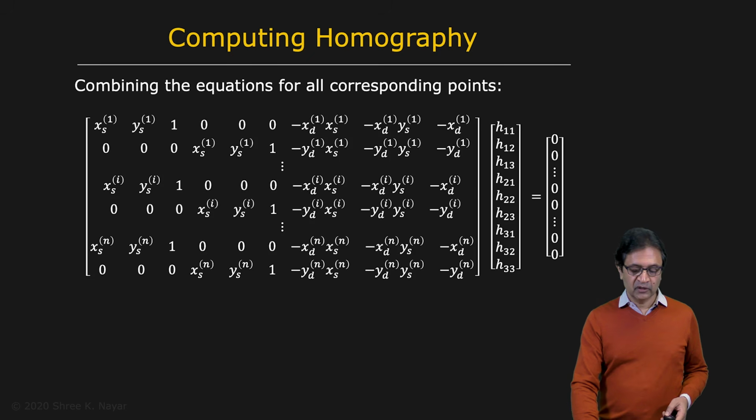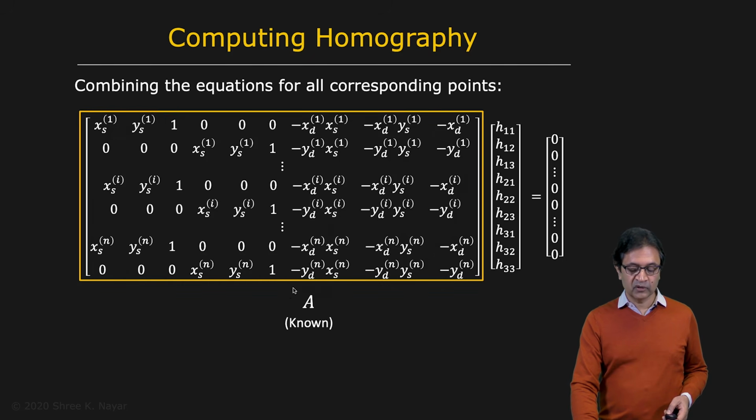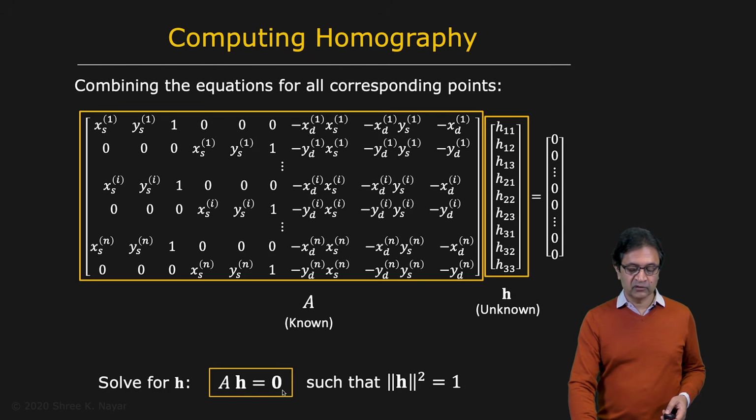So what you do is you essentially stack up all the rows corresponding to the different pairs of matching points, and you get a large matrix here. This is an overdetermined system of equations. You have a large matrix here of all knowns. We'll call that A, multiplied with your unknown vector H is equal to 0. And so AH equal to 0 is the equation you want to solve. But of course, you can get a trivial solution here of H equal to 0. We don't want that. So we add a constraint here, which is that the magnitude of H squared is